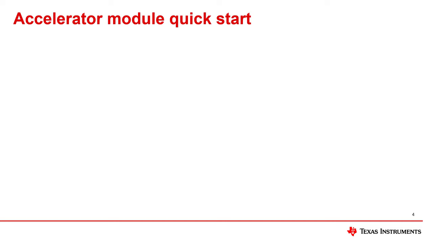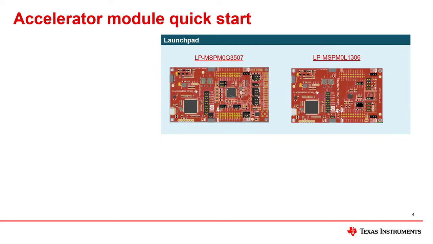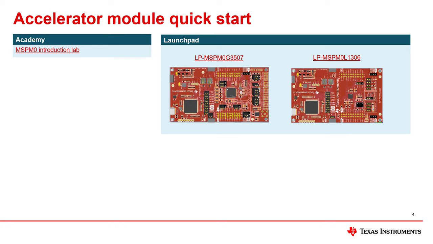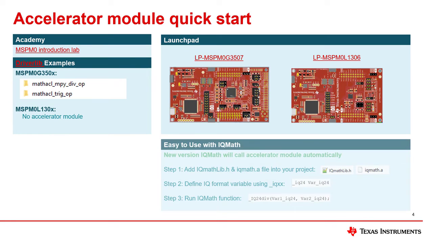If you are interested in evaluating or using the Math ACL module within the MSPM0, there are quite a few resources to get you started. First, we recommend purchasing the MSPM0 Launchpad to use as your initial development hardware. With the Launchpad, you can work through our MSPM0 Academy for the Math ACL module. This online tutorial will help you understand the configuration and usage details of the Math ACL module through successive tasks, questions, and instructions. You can also refer directly to the driver-lib examples in the SDK to see how to write software that uses the Math ACL in a number of configurations.